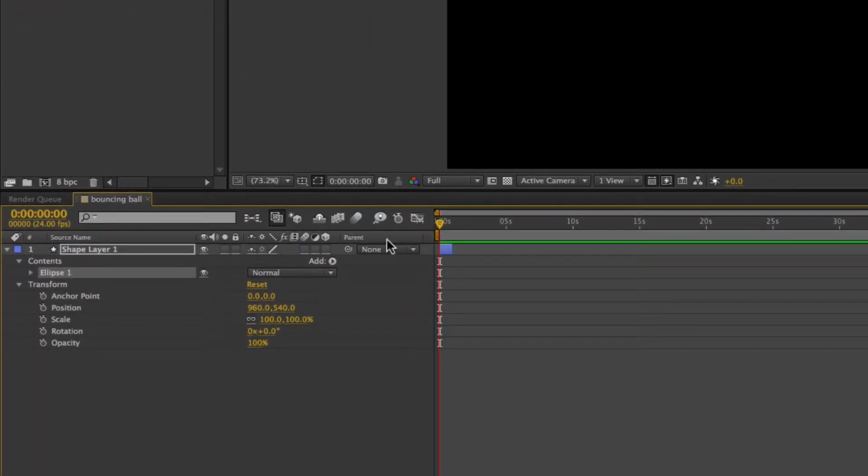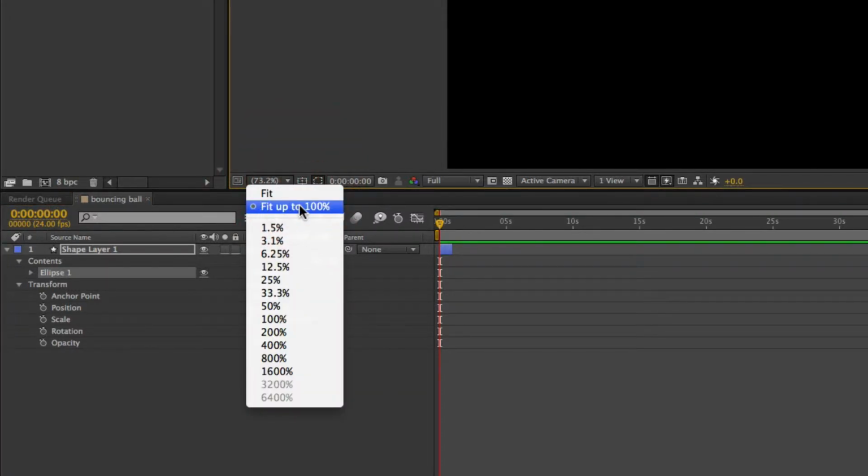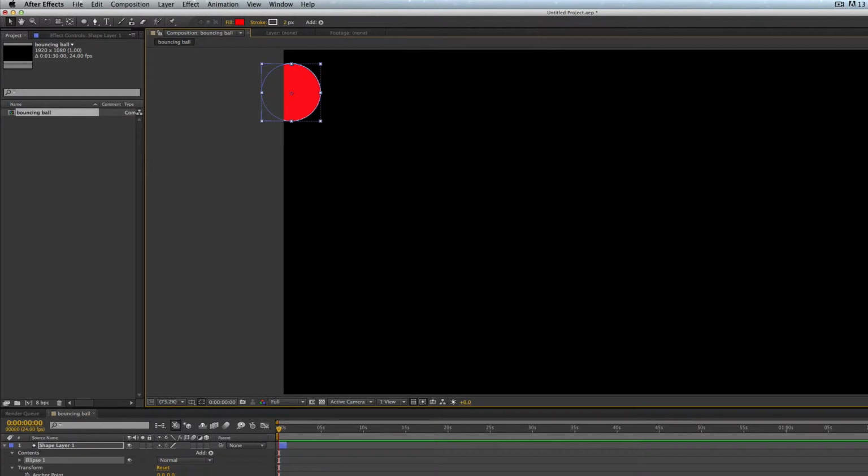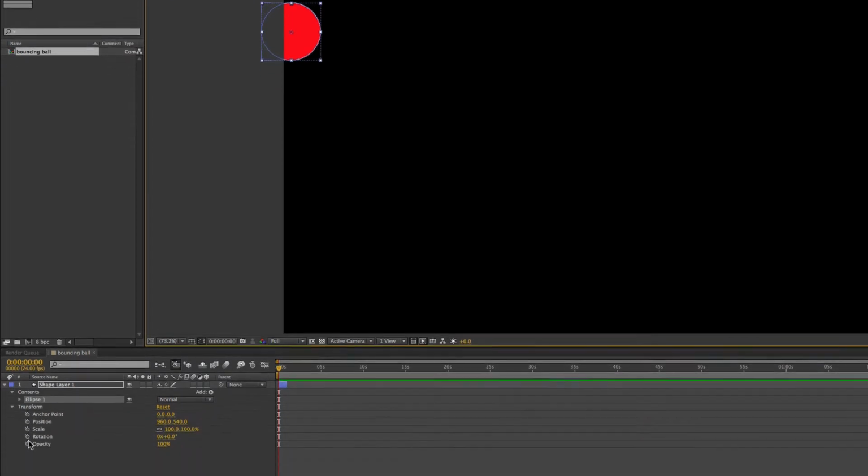And so now what I want to do is come down here, and in my transform properties, what we're going to do is animate the position as we move across the screen. And so we want to make sure that I'm seeing my whole window. So we've got the fit up to 100%. So I have my circle, and I'm going to take it and pull it over here, and I'm going to activate my